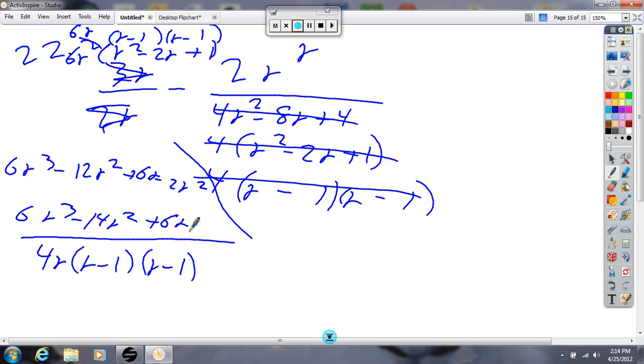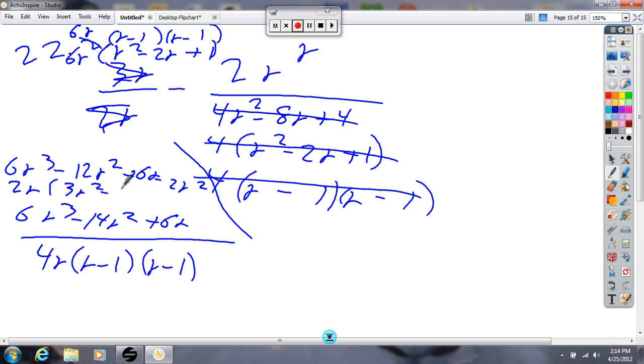Wait. Are we done? What's common on top? An r and a 2. What do I have on the bottom? An r and a couple 2's, right? Can I take 2 2's out of here? No. Out of each one. So I can't take 4, all right? So I can take out 2r, which leaves me what? 3r squared